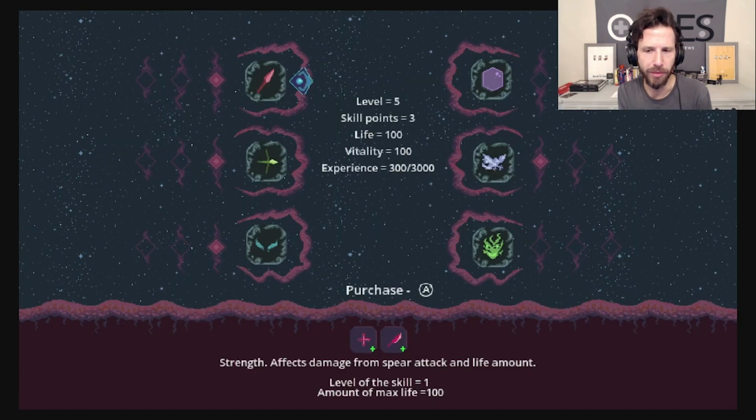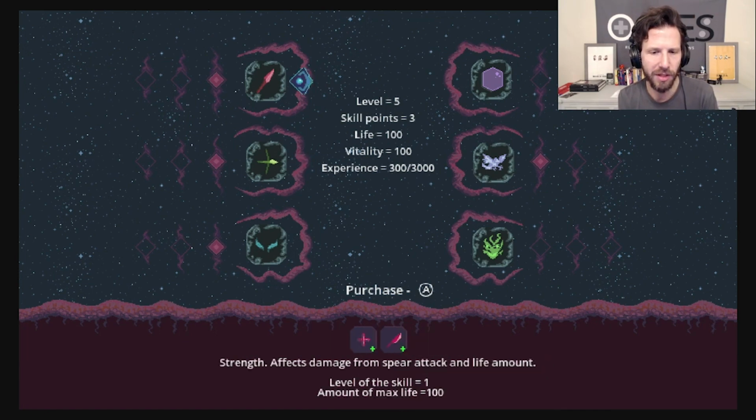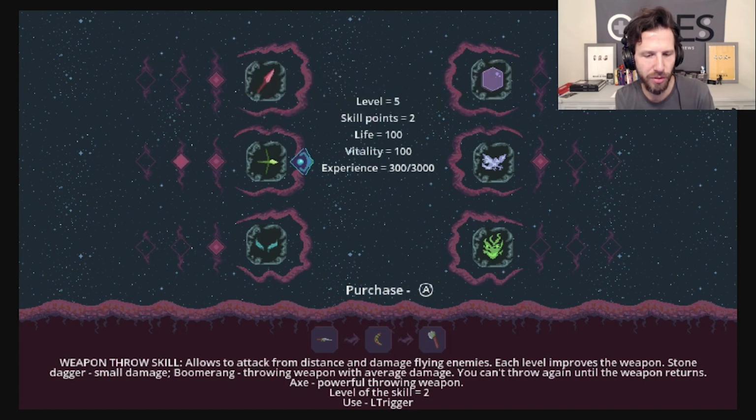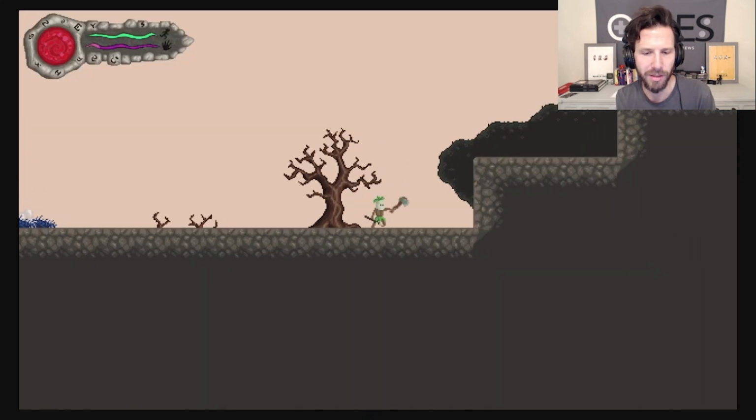Let's go ahead and level up. Let's see what we can get. We have all these skills, or you can just simply increase the skills that you have. I assume you can anyway. So let's increase that. Skill improved. And you know what? Let's increase this. Skill improved. Alright, so this should be like super...